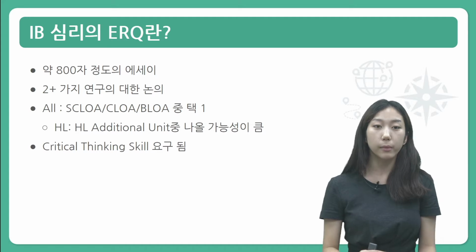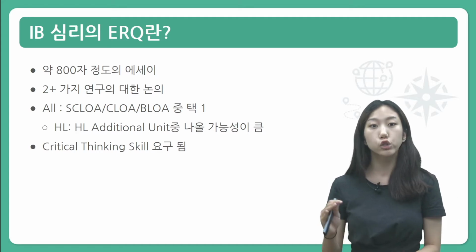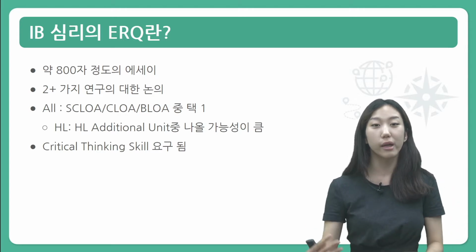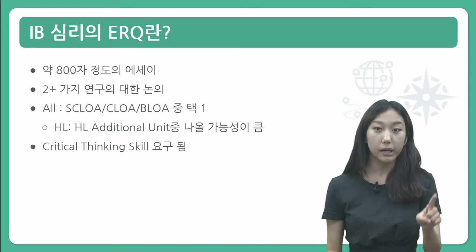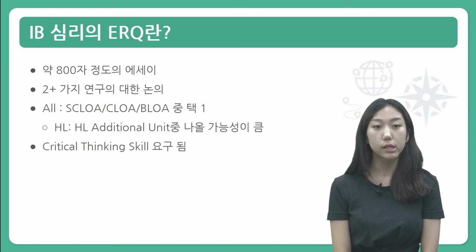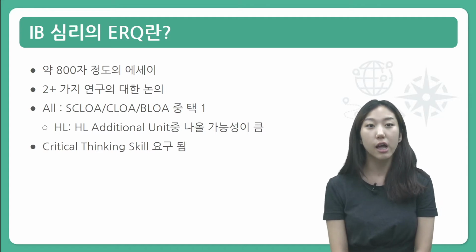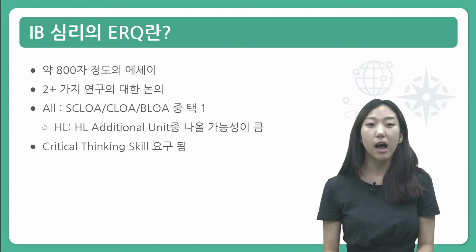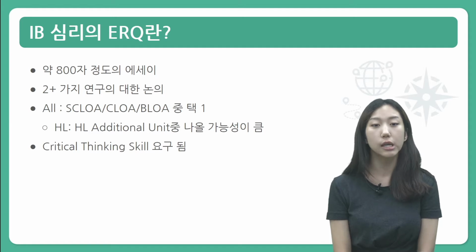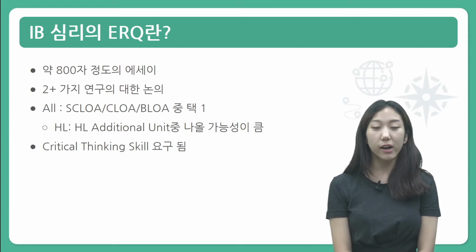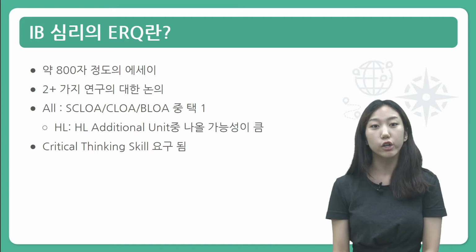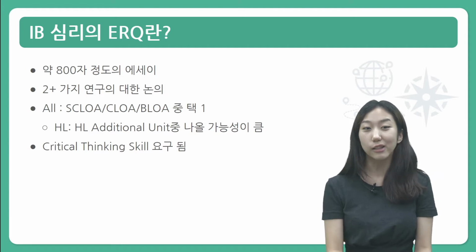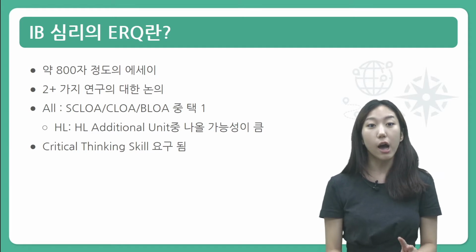And then from the sociocultural approach, cognitive approach, and biological approach, you will be presented with one question from each, and you will be picking one out of the 3 proposed questions. However, for our HL students, take another look at your HL units, because it is almost guaranteed that at least 1 or 2 of the questions will be from your HL units. Okay, and then an IB Psychology ERQ definitely requires some critical thinking skills. And before I go into what that might look like, we'll take a look at two